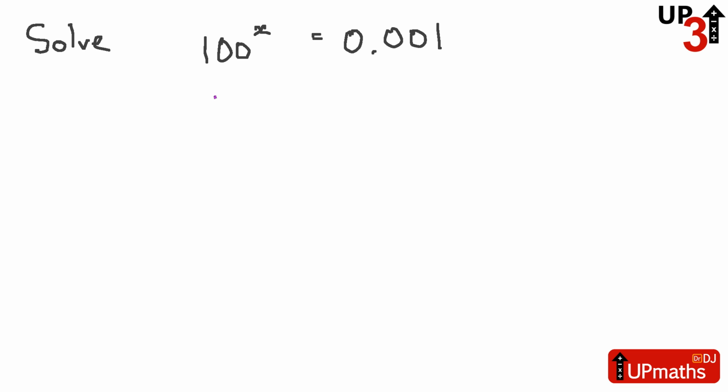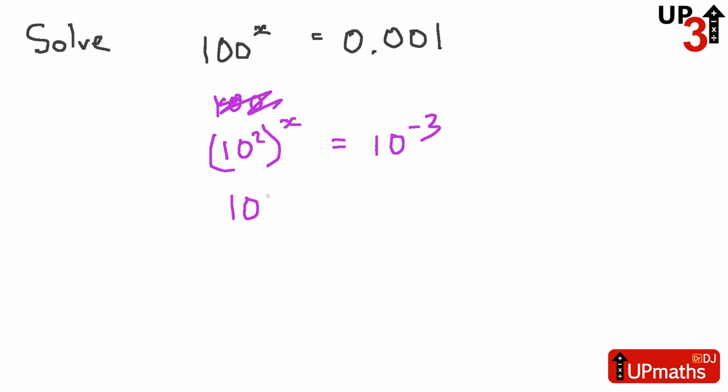This looks awkward. Yeah, I think it probably is awkward. I'm going to spot something, which is this is 10 squared. And this is 10 to the minus 3. Oh, wait a sec. So that means that's 10 to the 2x equals 10 to the minus 3. So I can then, by inspection,